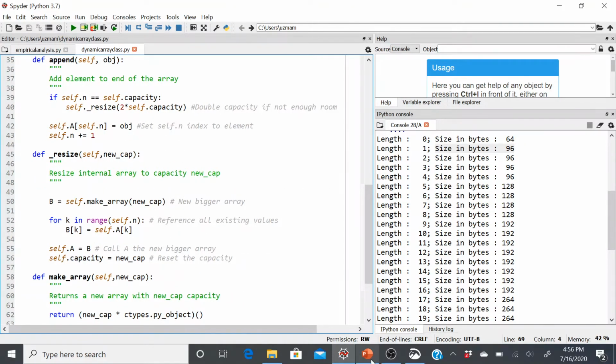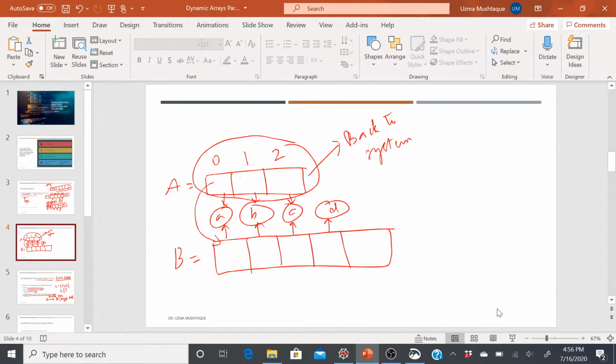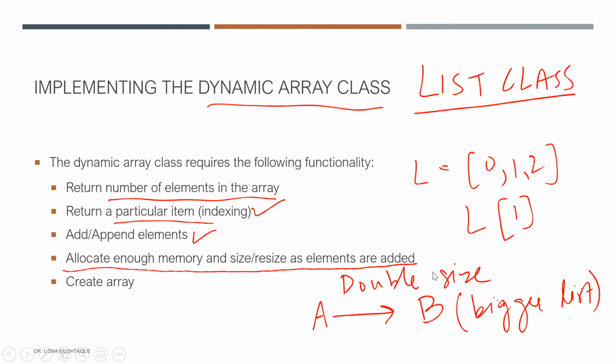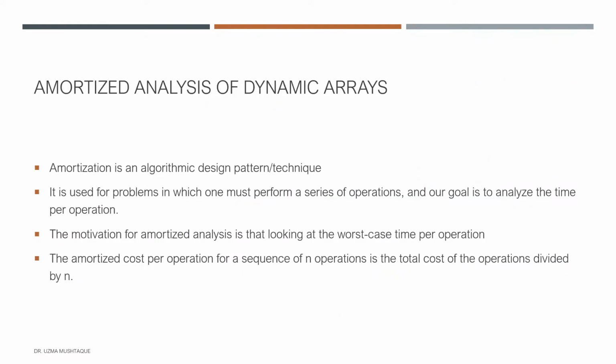Okay, so now we understand dynamic arrays. Let's go back to our notes here. So we understand the two important properties of how dynamic arrays are growing and resizing themselves. And so we are ready to talk about something that's known as amortized analysis of dynamic arrays. So amortization is a term that you will come across a lot. It's an algorithmic design technique, right? This is a strategy that's used in order to find out